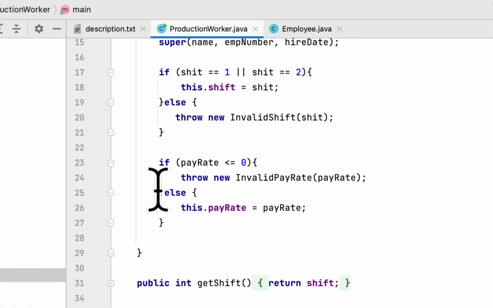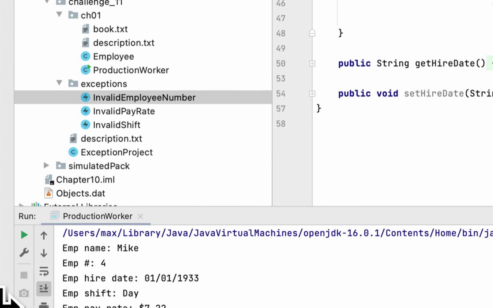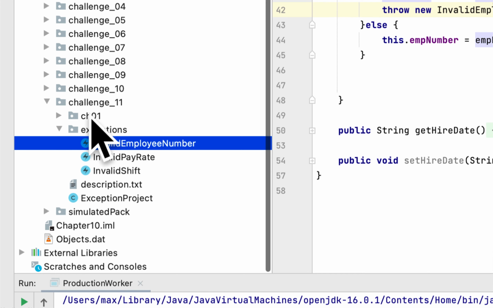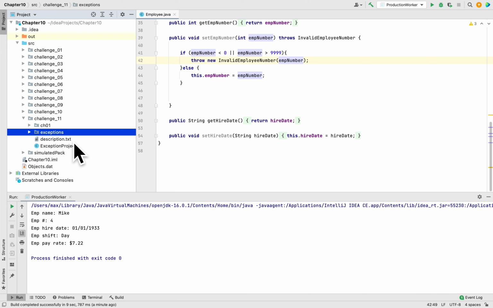So that is it for this programming challenge, 11 for chapter 10. So this would be the last programming challenge for this chapter. We're going to start the next chapter, which would be chapter 11. That chapter will talk about graphical user interfaces or GUIs, and I'm excited to share with you guys how to